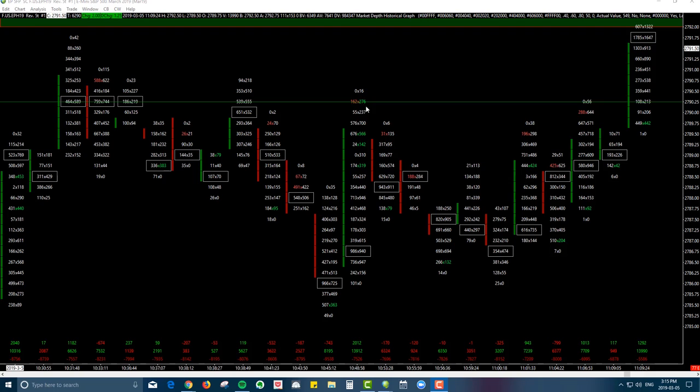So that reflects on the footprint chart here. Your left side will be your bids and your right side will be your offers. Now let's take a look at how footprints compare the relationship between the bids and the asks. On a footprint chart, how it works is essentially it will compare this bid down here to the offer